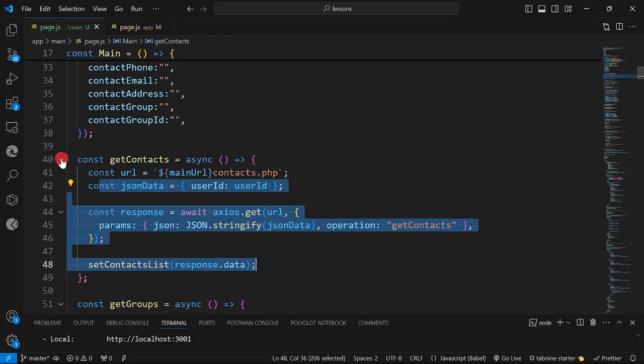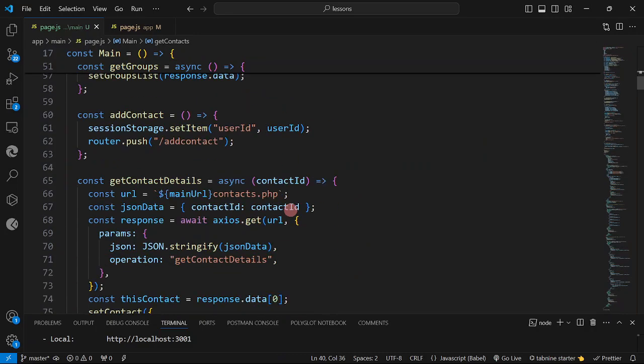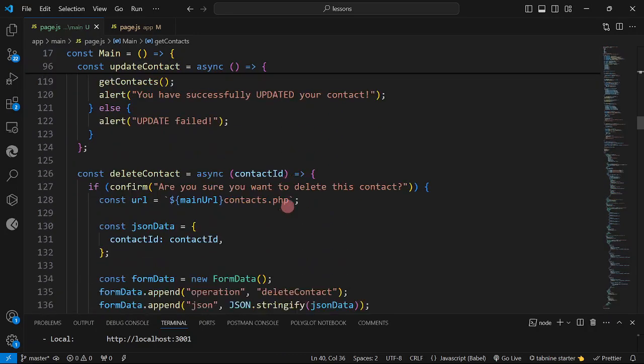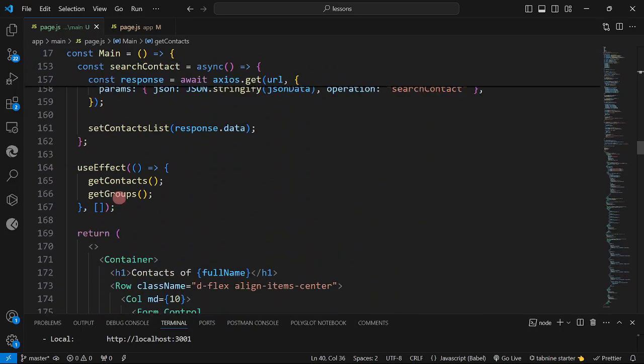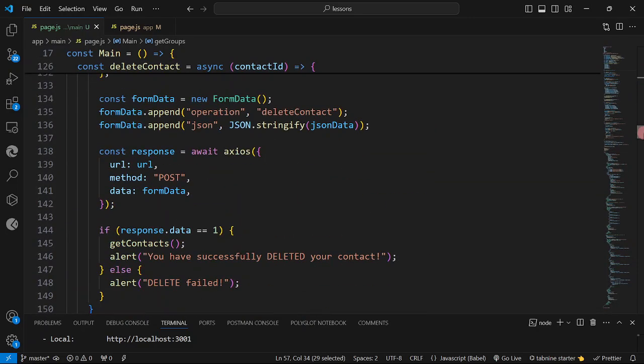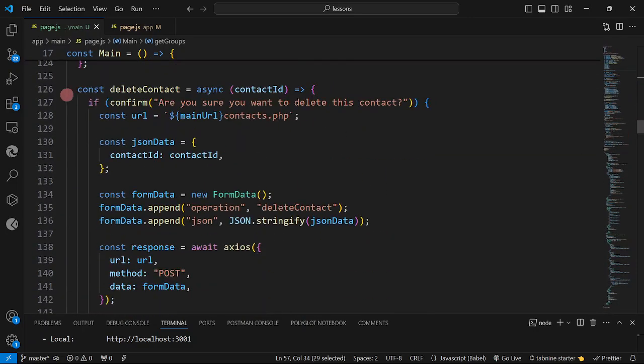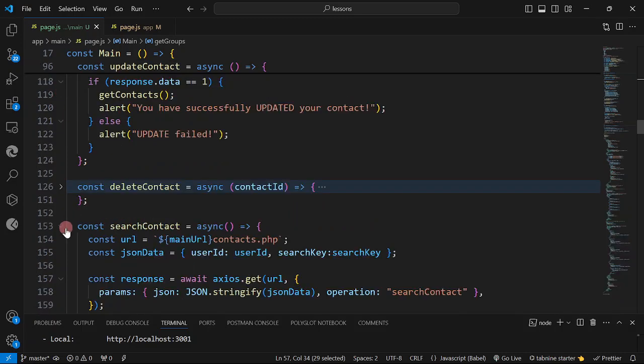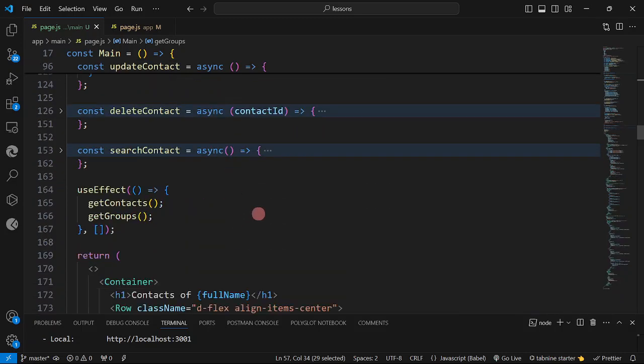After this operation is done, next is get groups. I think it's get groups. Okay, so I have this one here. Get groups is still going to access the API, then connect to the database, and it is going to update our groups list. So far, as you have observed, it's still fine. You cannot actually see the effect on the performance of our application